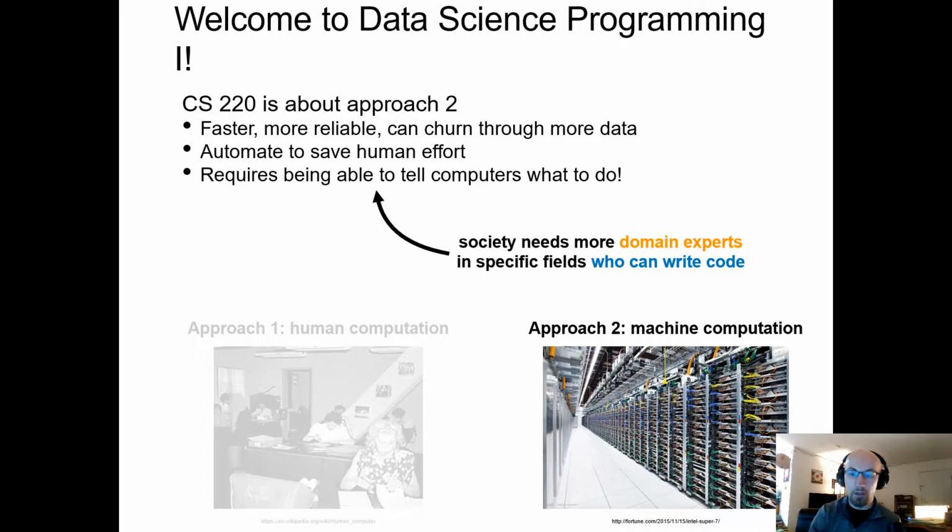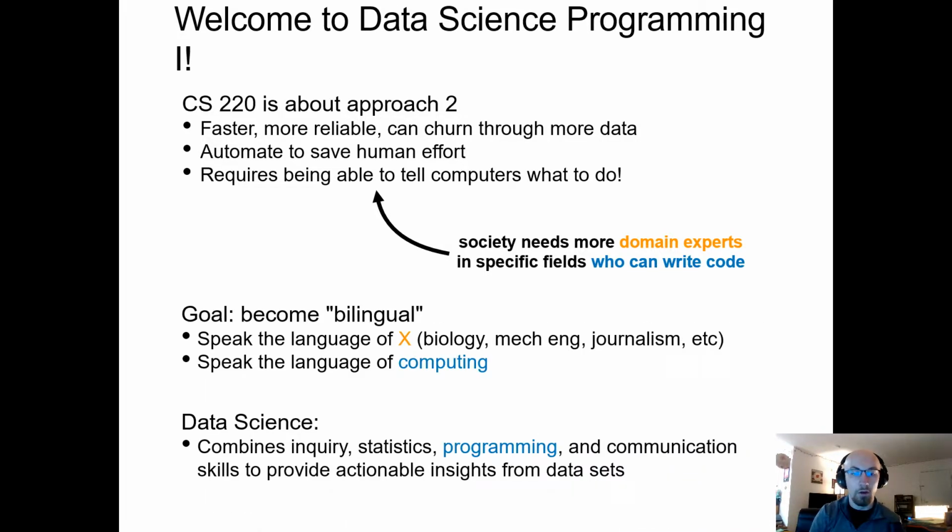So you're an expert. I did a poll this morning in class. I asked students that were non-CS majors to raise their hands, and a good majority of the room raised their hands. A lot of the folks taking this class are from other departments like mechanical engineering, biology, psychology, and other majors. And you are becoming, or you are, a domain expert in your field. Our job in this class is to teach you to write code, to be able to do that data science portion to further your research or whatever you may be doing in your major area.